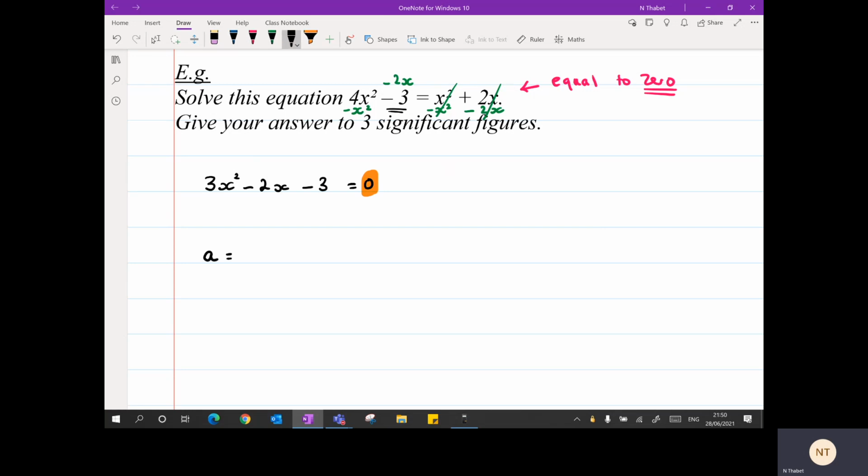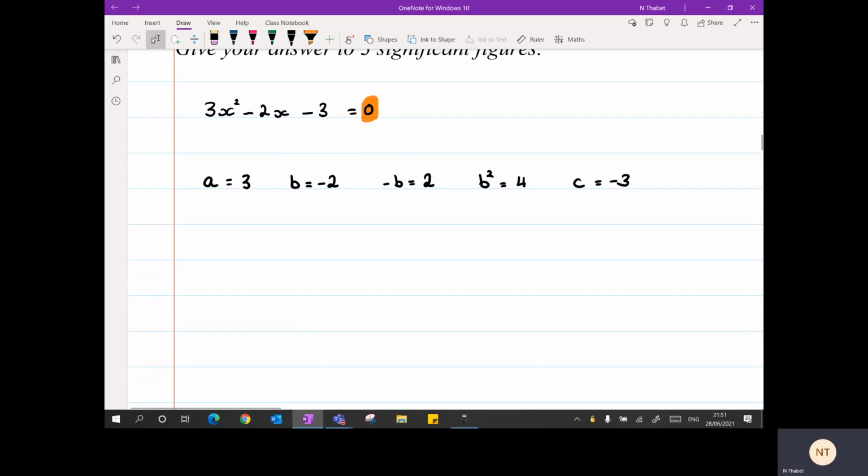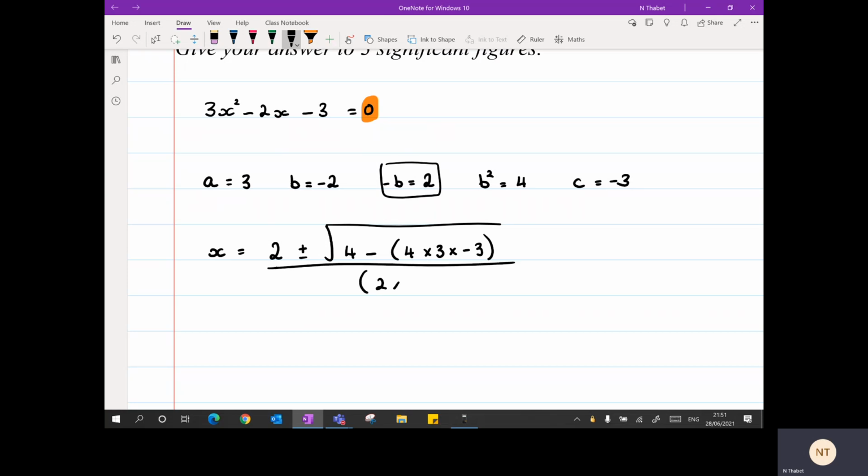I then start identifying where a, b, etc. is. So a is the coefficient of x squared. b is negative 2, the coefficient of x. Minus b is therefore a positive 2. b squared is a 4, and it's always positive. And c is negative 3. And x equals minus b, that's my starting point, and minus b happens to be a positive 2, plus or minus the square root, b squared is 4, minus 4 times a times c, all over 2 times a,